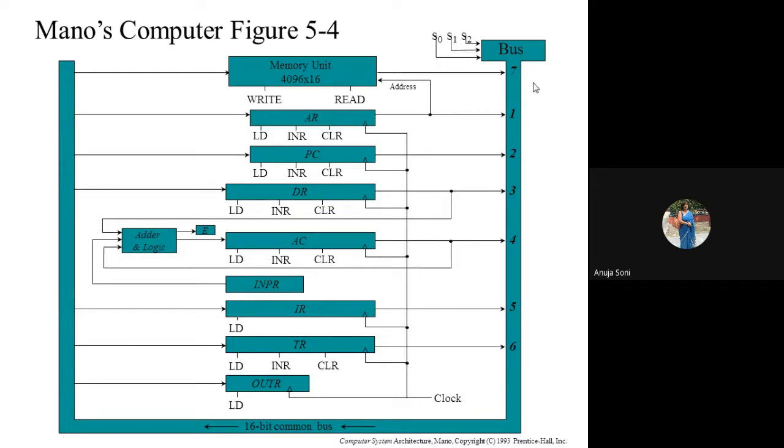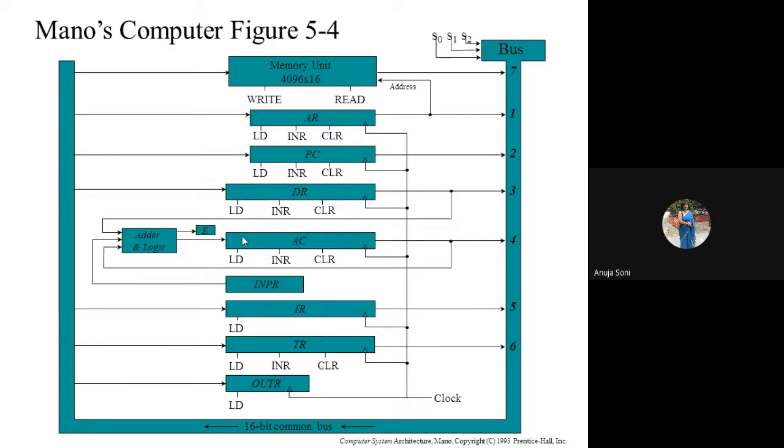First of all, 0, 0, 0 is its value, because our control will go to the adder and logic circuit. And we are saying that data, first of all, will transfer from DR to AC. So DR to AC through this adder and logic circuit, through the built-in transfer operation, and it will go to AC. Afterwards, from AC, it will go to the common bus. And from the common bus, just hold on. If it goes to the common bus, then S0, S1, S2 will again get changed. Its value will become 4, but we have to change its value only once, right? And simultaneously, because the word simultaneously is written.